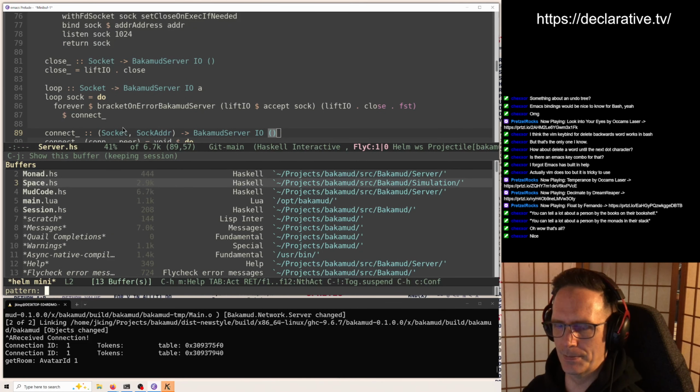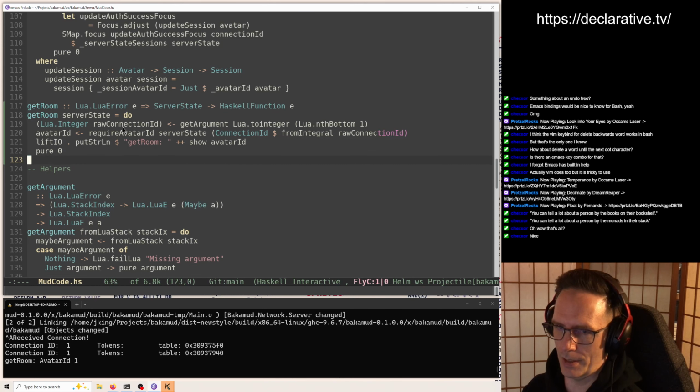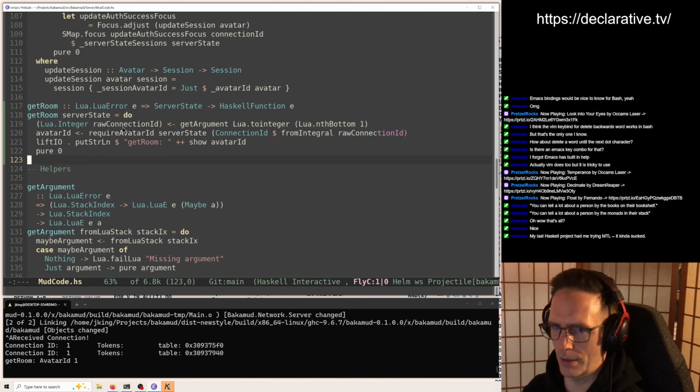So ultimately, this is the data structure we want to get from the get room thing and marshal it over to the Lua side, I guess. Now the monad code, I want to be able to actually look up in the map data structure for this room based on the avatar. But for now, just to get the thing to return some room data, we can hard code one.